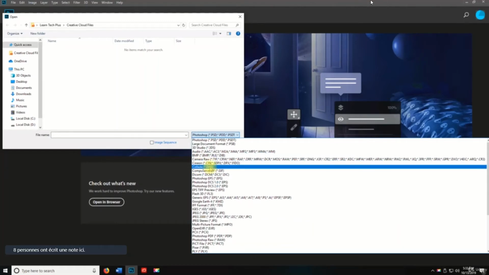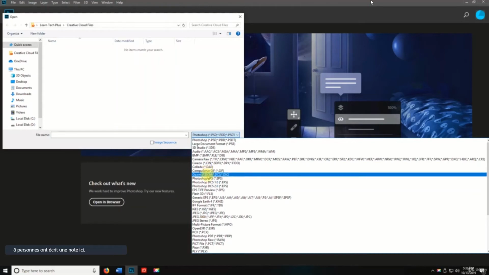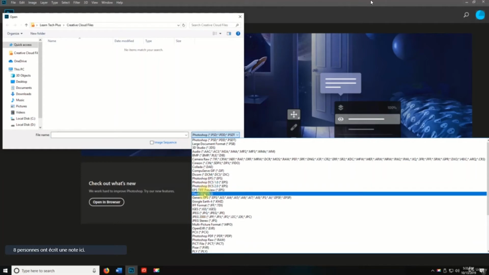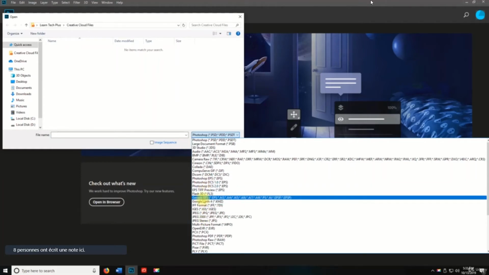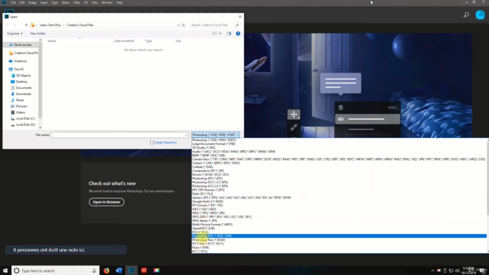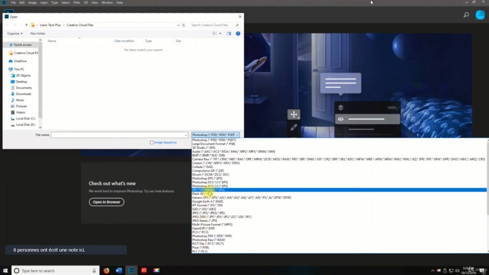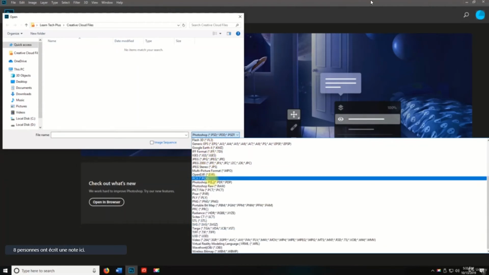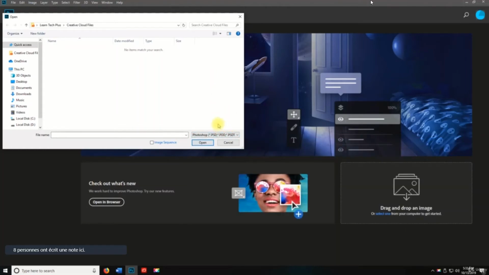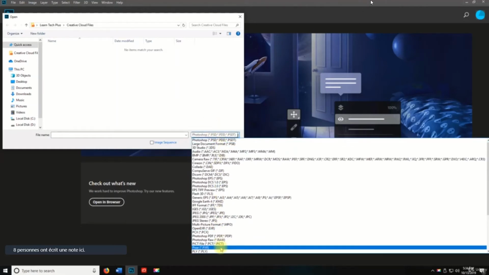CIN, DAE, a GIF, EPS, Flash, wow, Flash 3D, that's cool, Google Earth, Pixar, Photoshop RAW, Photoshop PDF. Okay, so there's a lot of formats in here. The point is, I can scroll down and there's even more. So this is pretty much going to open just about any file format that there is. Not every single one. I'm not guaranteeing that, but you can see here from the list,